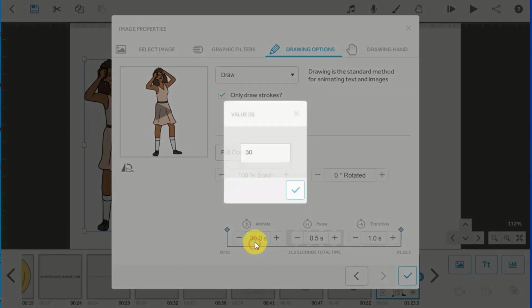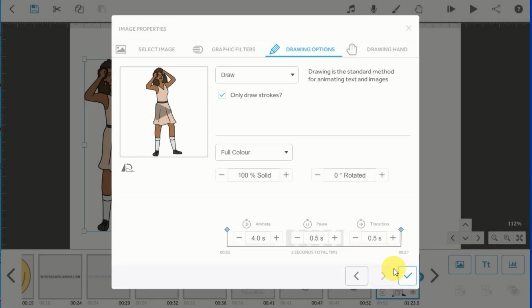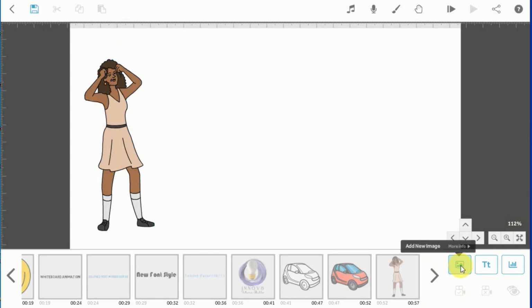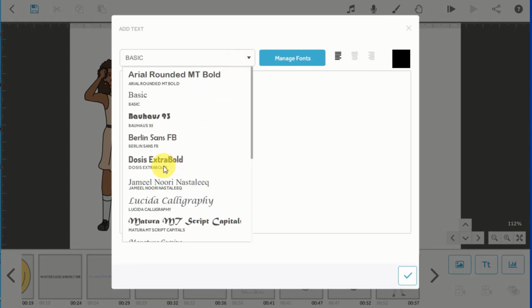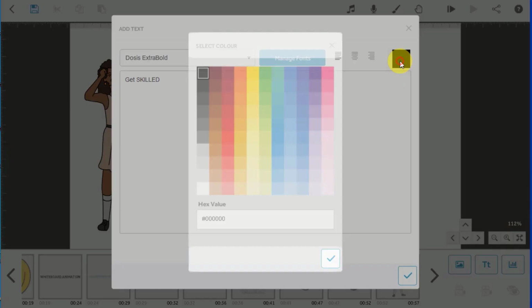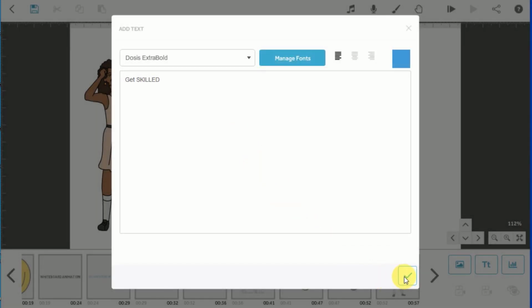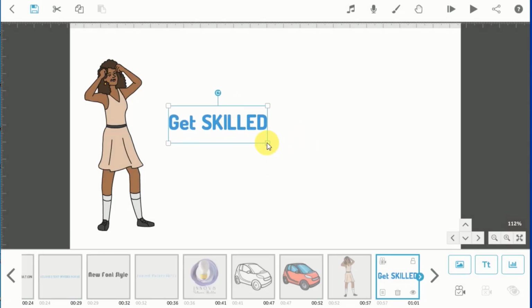I will choose the element properties for her, and let's say 4 seconds and half and OK, and then set camera to current position, and then I will add some text. Okay, I have added some text. Now I want to apply some font style. Apply any font style that you want and apply, let's suppose I apply some color to it and click OK. Now I have also added some text to my